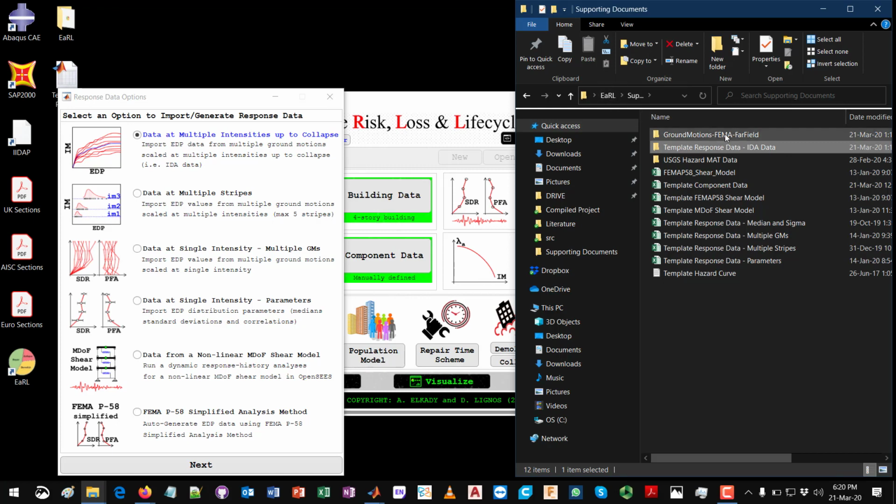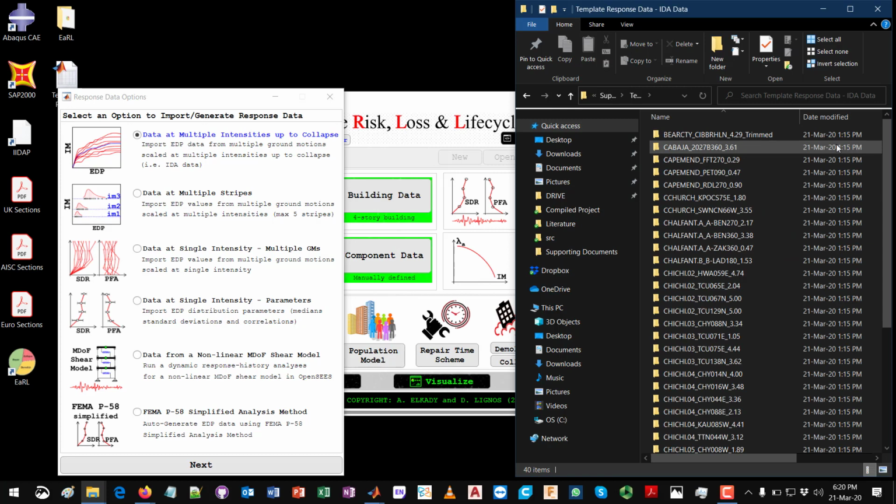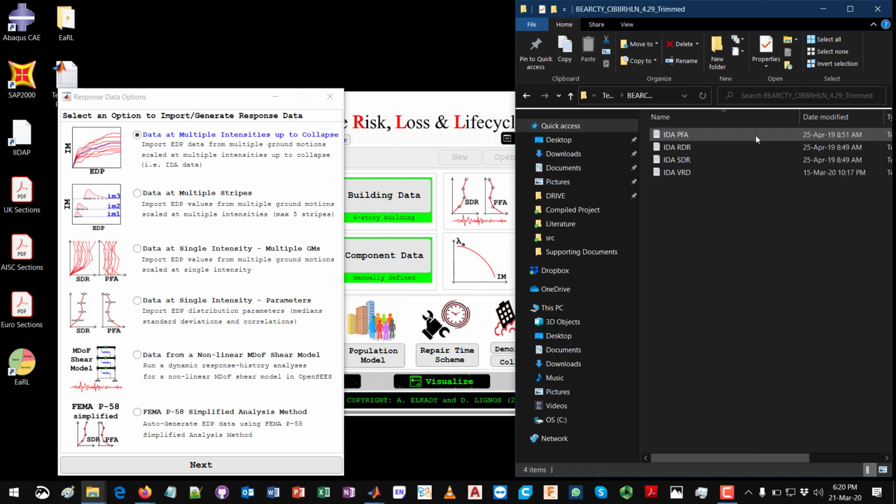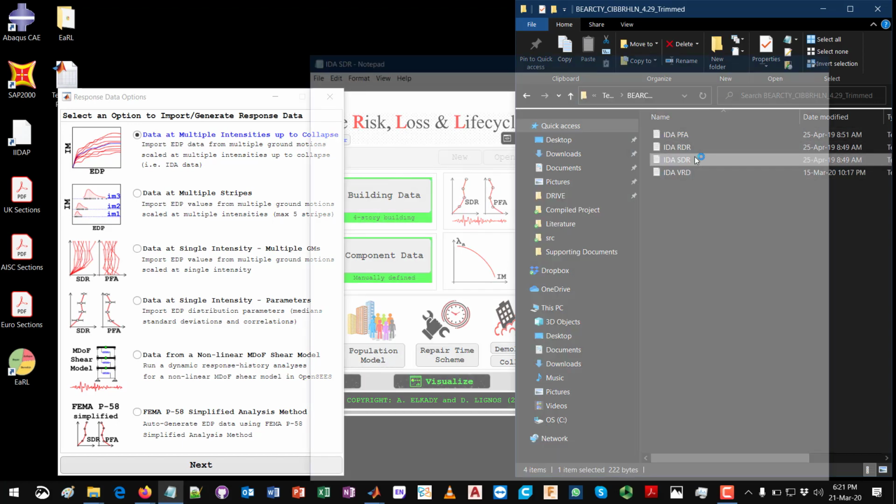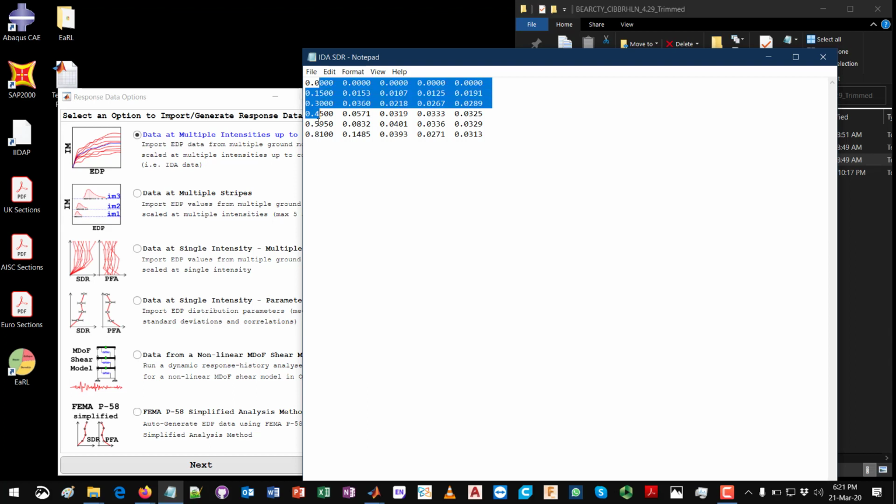organized. Of course, it is discussed in more detail in the manual, but essentially inside this result folder, you need to have an individual folder for each ground motion record that you analyzed. Inside each record, you will need to have text files for the peak floor acceleration, the story drift ratio, and any other engineering demand parameters that may be relevant to your project. And inside each one of those text files, you will need to have essentially the IDA